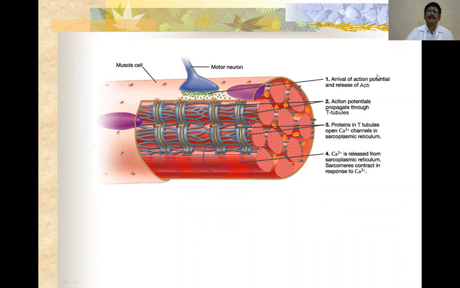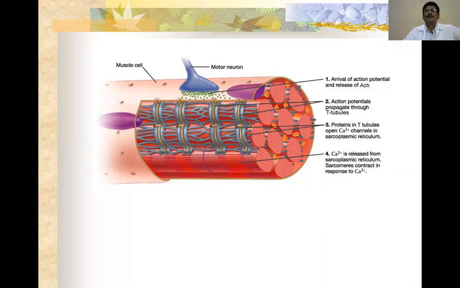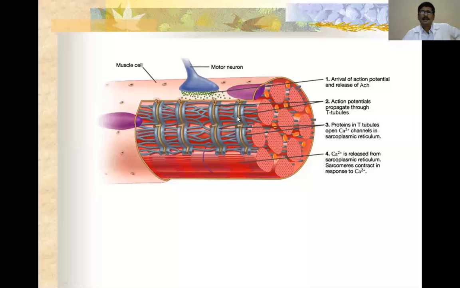Schematically, there is arrival of the action potential and release of ACh in the presynaptic terminal, and the action potential propagates through the T tubules. This acetylcholine binds to the specific receptor, the muscle-type nicotinic receptor, which is a channel protein, and causes inward movement of sodium. This causes initially the EPP, later the action potential, and this action potential spreads along the T tubules into the sarcoplasm,